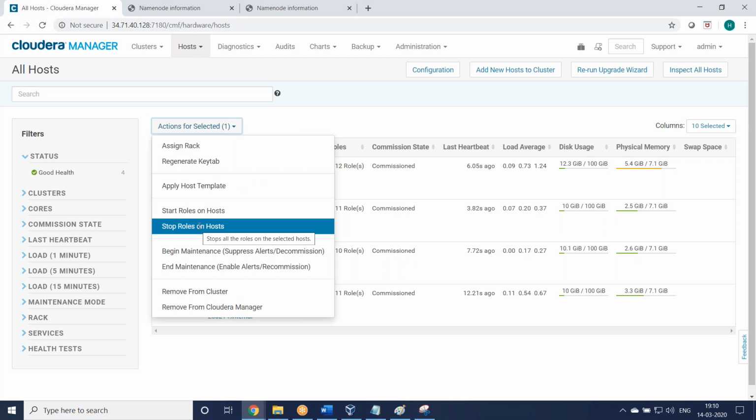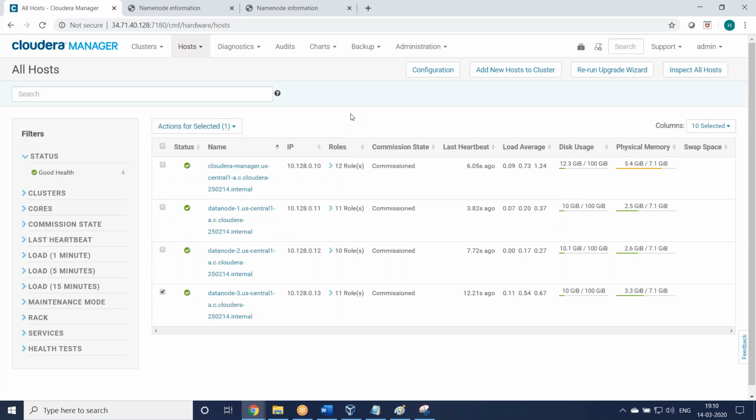Now, one minute. If we're adding a node, that can be only the data node, right? Any node, data nodes only. Generally, we'll add it to data nodes only. Yes, I want to confirm that. See, adding a data node is a role, name node is a role. That is fine. Adding a new physical server, in that server, whatever roles you want, you can add later, you can start and use it.